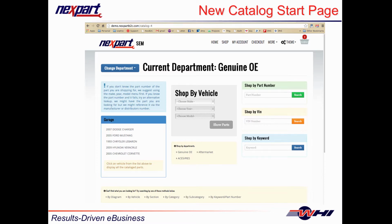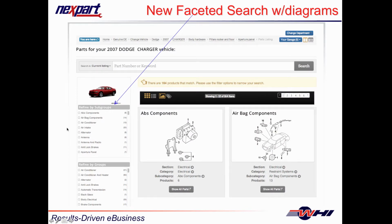You'll see it again in a second. Okay, so this is what the search result looks like, and I'm using the screenshots just because it'll be easier for me to talk about it. If you notice,